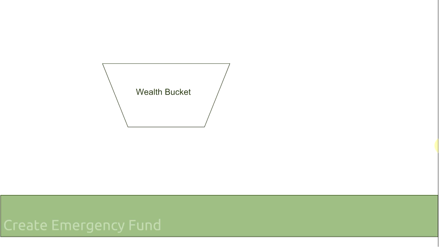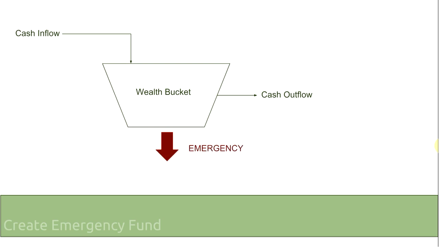Again, dun sa wealth bucket natin, meron 2 streams. Cash flow coming in and then cash outflow, yung lumalabas, yung expenses natin. Pero the thing is, whether we like it or not, meron talagang mangyayaring mga emergency. Okay? So aside dun sa mga leak dun sa wealth bucket natin, most of the times meron talagang emergency. So actually, ito yung sinasabi natin, there will be unexpected expenses.